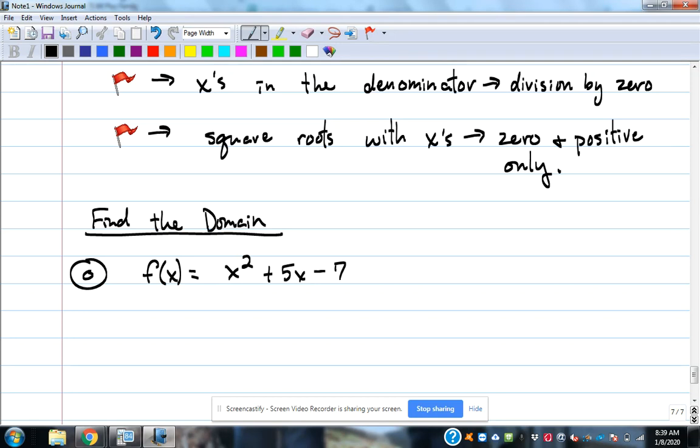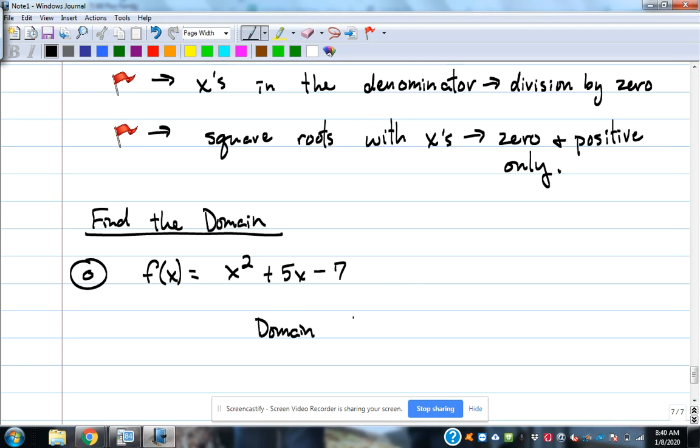Do either of the red flags that are listed there show up in that problem? No x's in the denominator. There's not even a fraction in that problem, so it can't be an x in the denominator. So that one's out. Are there any square roots? No, there's no square roots. There's no x's in the denominator. So we know automatically that this one has a domain